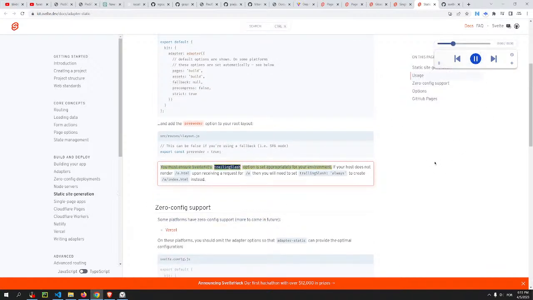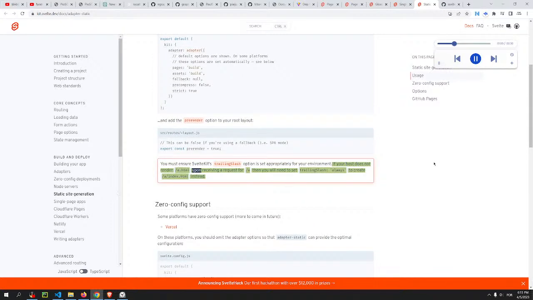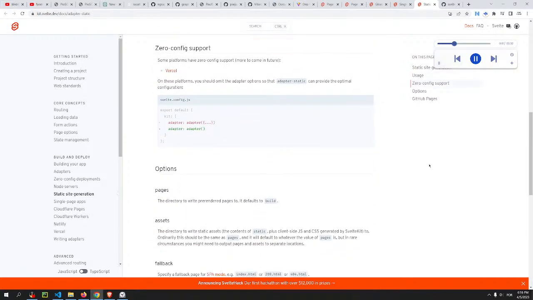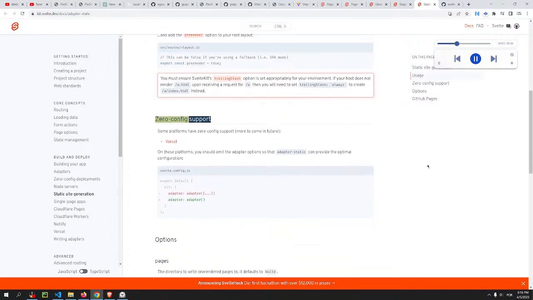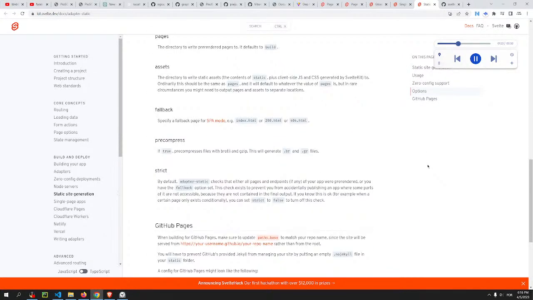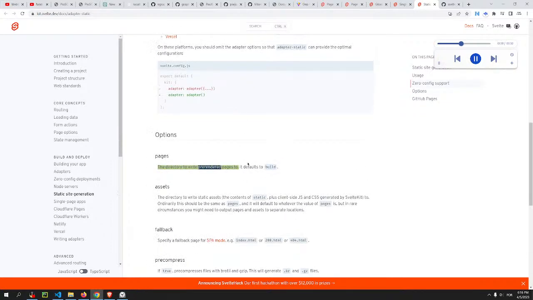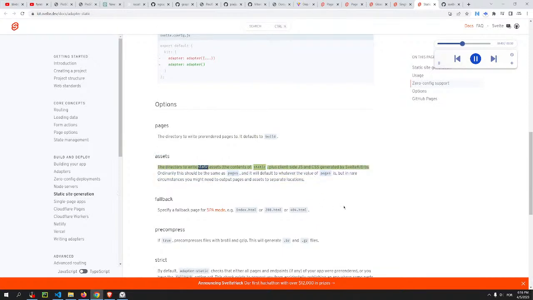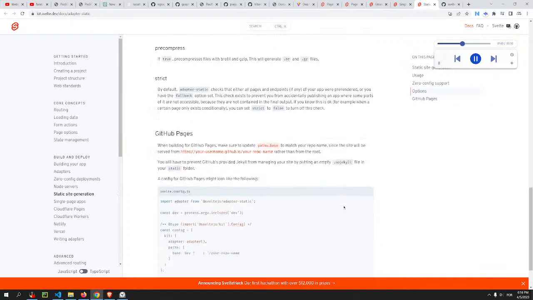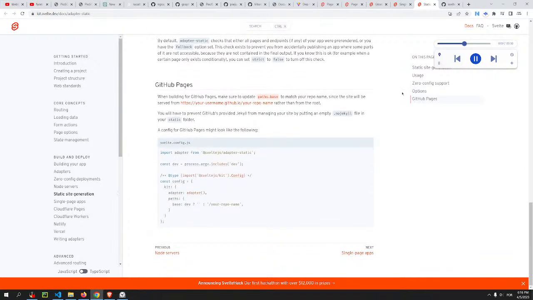You must ensure SvelteKit's trailingSlash option is set appropriately for your environment. If your host does not render /a.html upon receiving a request for /a, then you will need to set trailingSlash: 'always' to create /a/index.html instead. Zero-config support. Some platforms have zero-config support, more to come in future, such as Vercel. On these platforms, you should omit the options. pages is the directory to write prerendered pages to. It defaults to build. assets is the directory to write static assets, the contents of static, plus client-side JS and CSS generated by SvelteKit, to. Ordinarily this should be the same as pages, and it will default to whatever the value of pages is, but in rare circumstances